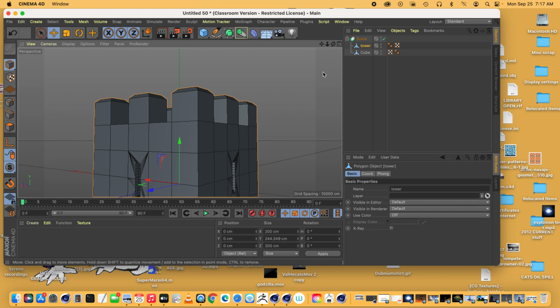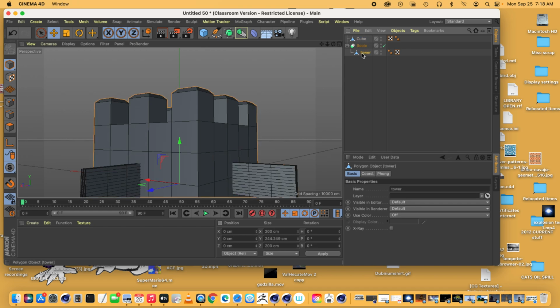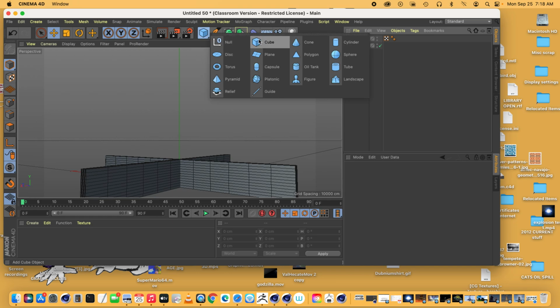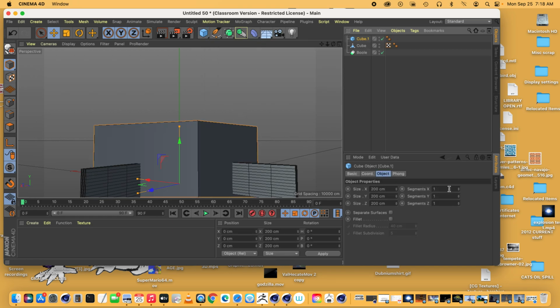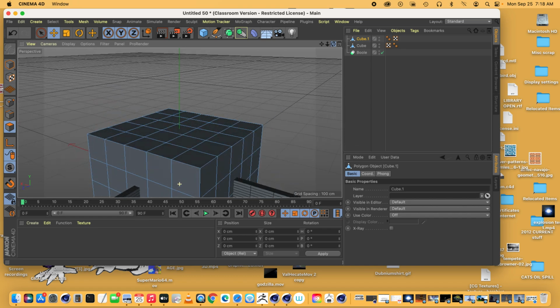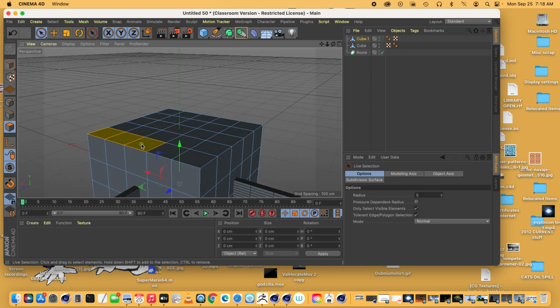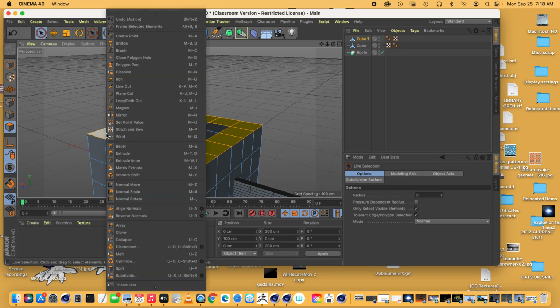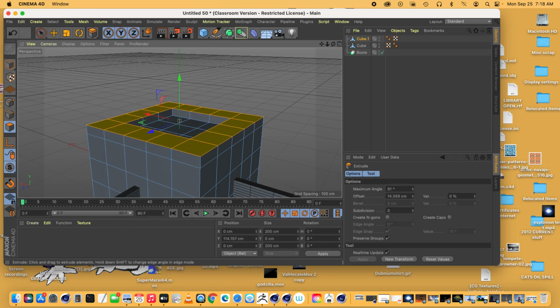All right, now my tower is a little boring though, now that I'm looking at it. And I think we should spice it up, and I've thought of a better way to do the tower. So I'm going to undo this bool, and I'm going to delete the tower, and we're going to do a new one. And I'm going to add 5 by 5 segments, a little bit of review here, and then convert it, and then go to my polygons tool. And this time I'm going to do some different stuff here to make my tower more detailed. So what I do is I'm going to extrude it up,